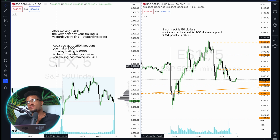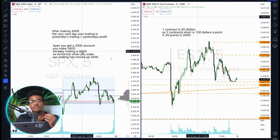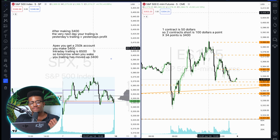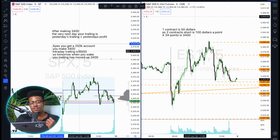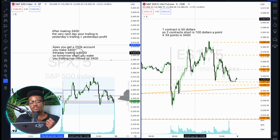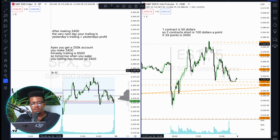Okay. You make money, but the next day you're kind of in the same situation, especially in the eval stage, right? In the funded or the PA accounts at Apex, that's not the case. Once you hit the 6,500 trailing, it stops there. But in the eval, it follows you the entire way, right? And you have to make $15,000 of profit in this. That means all the way up to $15,000, the $6,500 trailing is following you. Okay. In a MyFunded Futures static account, the